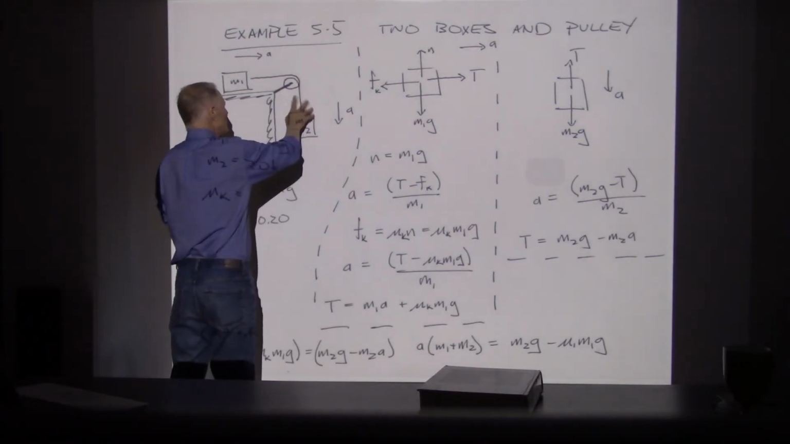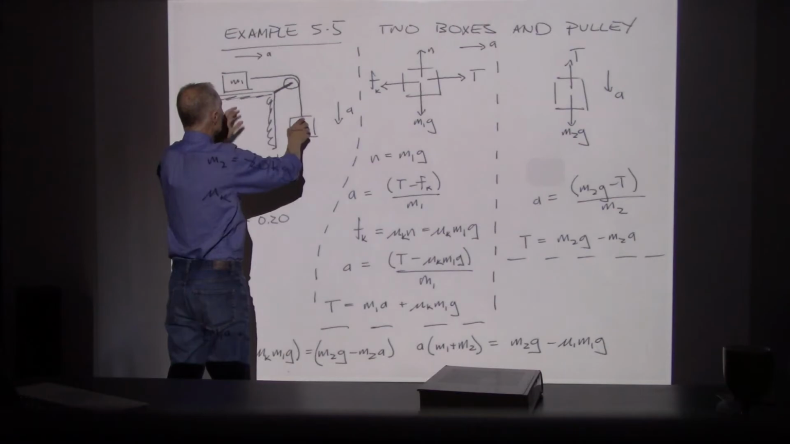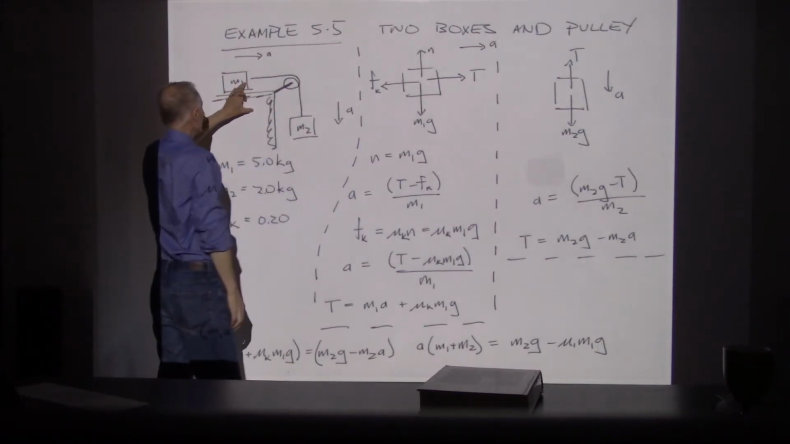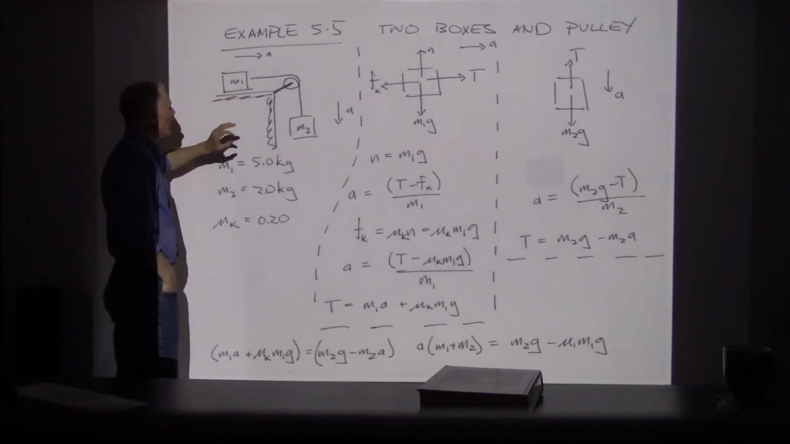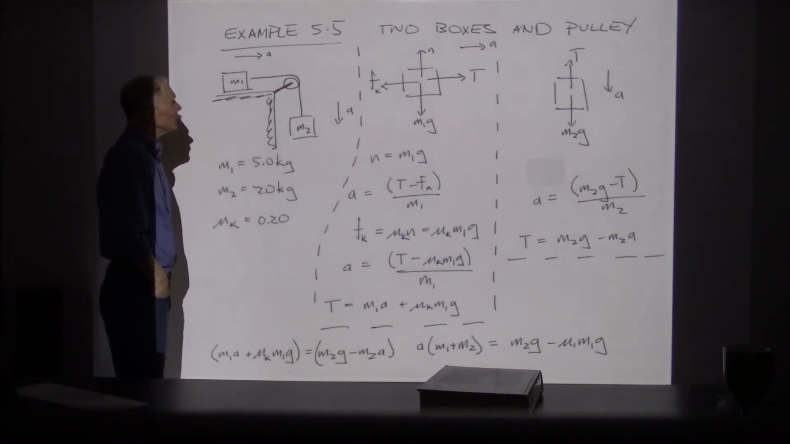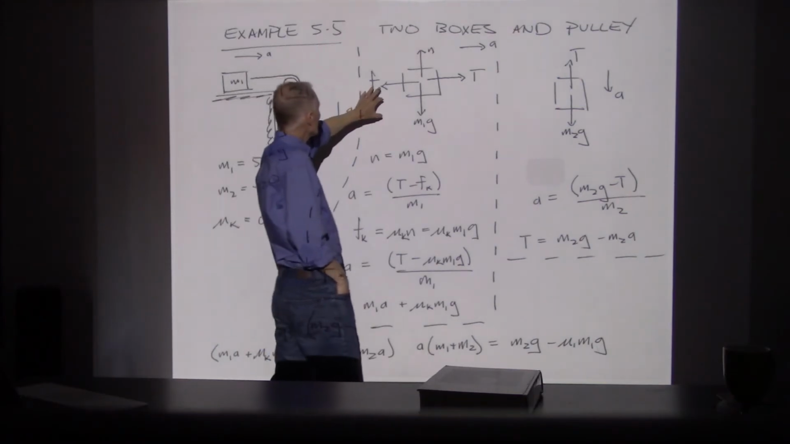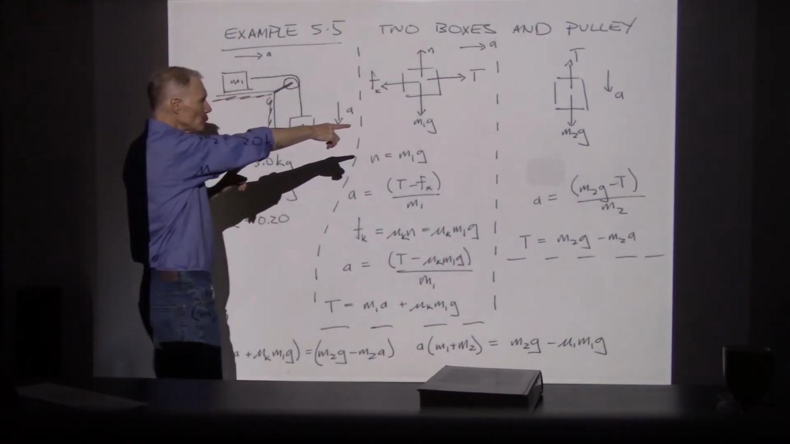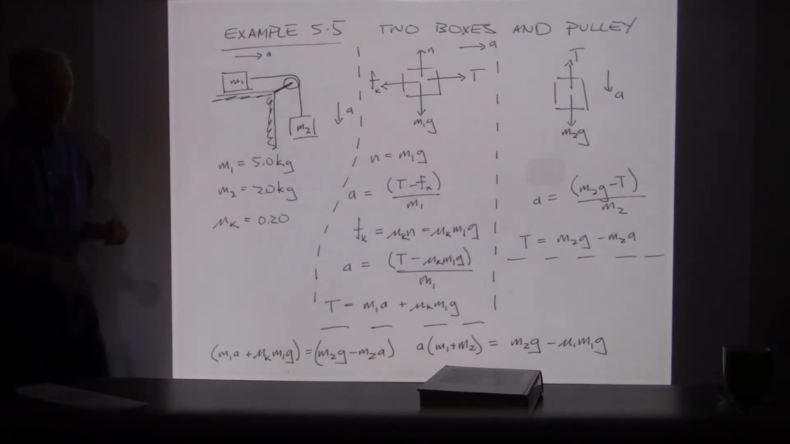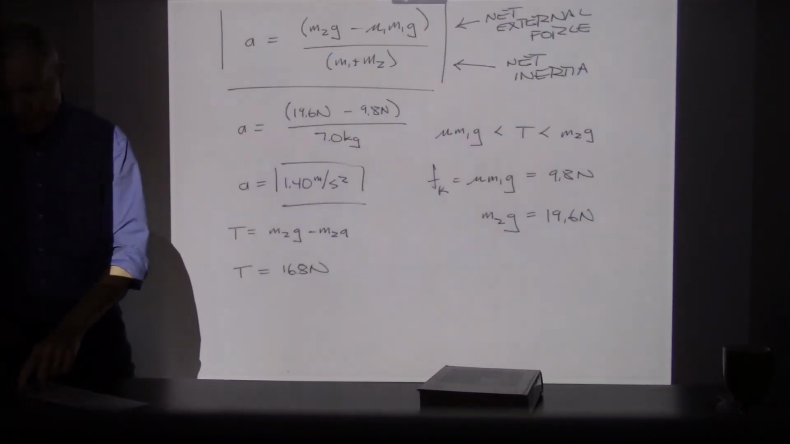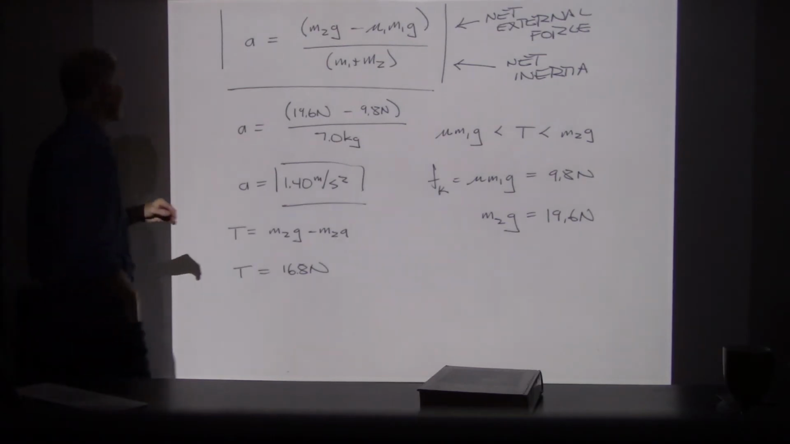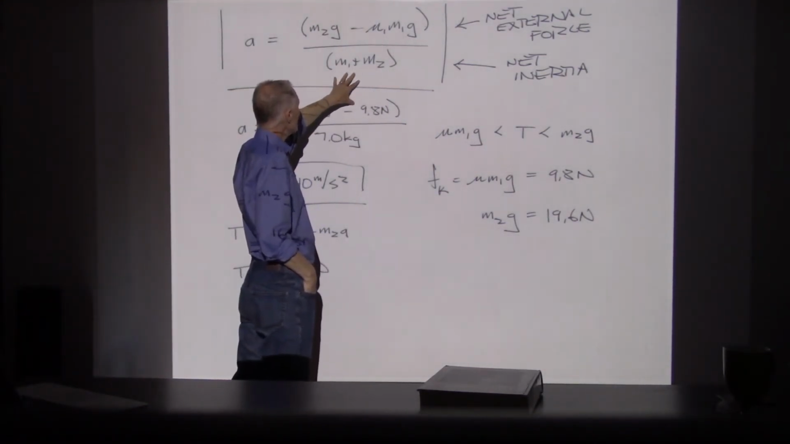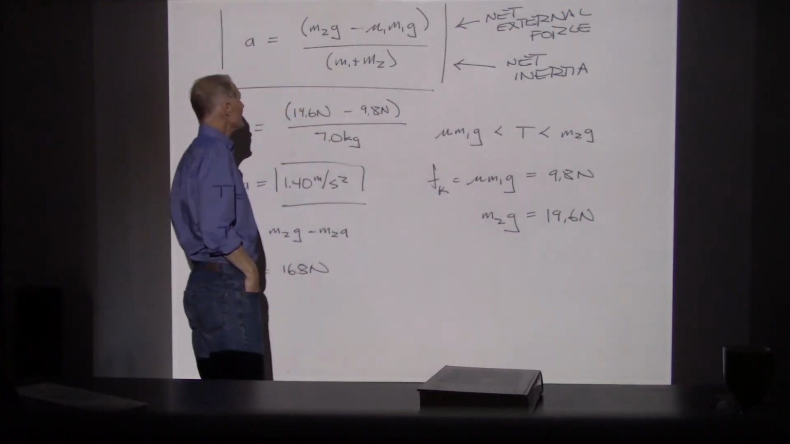Now I've got tensions in the cable, but I have a tension holding M2 back and a tension pulling M1 forward. Those aren't external forces, those are internal. So what's really holding things up is this frictional force. If I take M2g minus the frictional force, that's what showed up in my answer. So that's the net set of external forces, and the total inertia in the system is in the denominator, M1